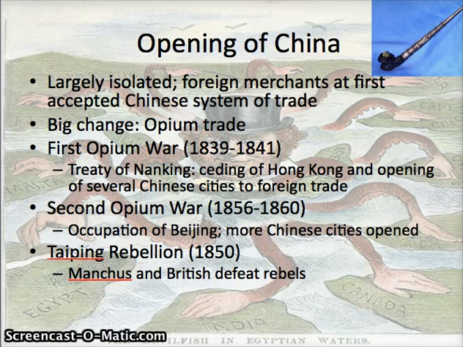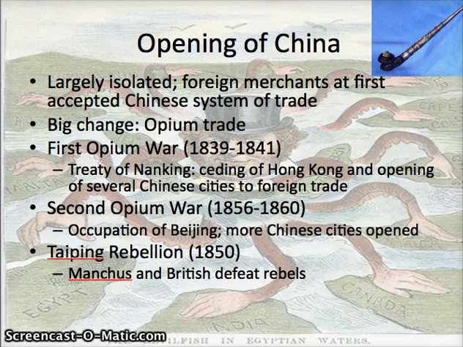If you were a foreign trader, you were restricted as to where you could live, where you could trade. You could only buy from local merchants. So traders, for example, could only live in the area called Canton, which is where the language Cantonese comes from. So yeah, at first foreign trade with China is really limited until the opium trade begins. All right, so again, this signals a major change because prior to the opium trade, there was absolutely nothing that the West could offer that China wanted to buy.